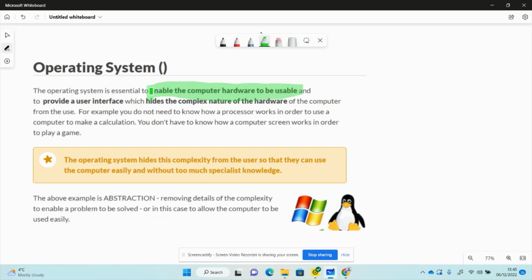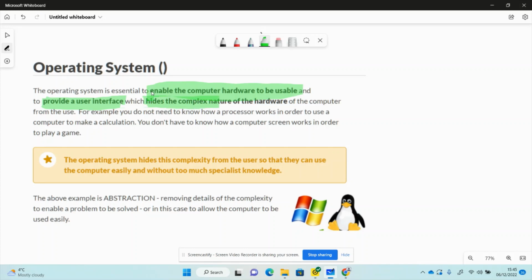Then it's to execute programs. So it's to make the system usable by the user. So it runs the system, if you like. So one of the things it does is to provide a user interface. Now, you have to be very careful these days with just saying the operating system provides a user interface, because